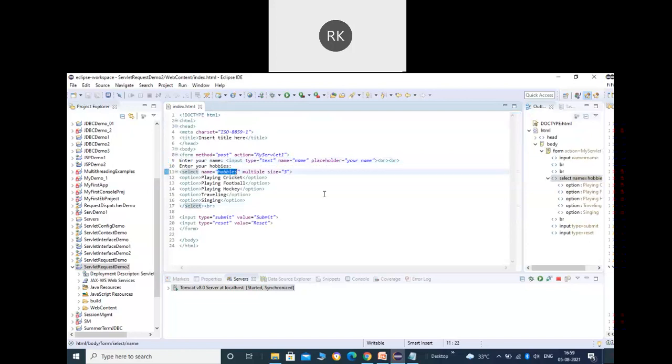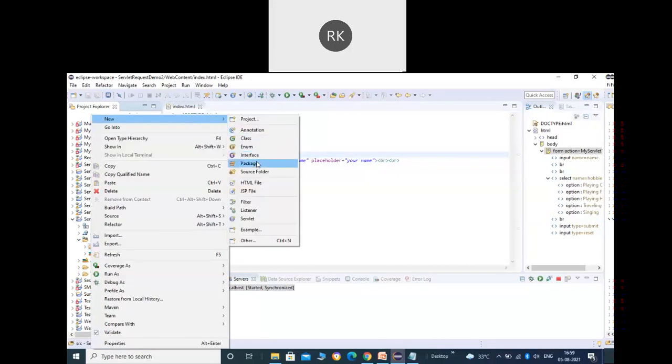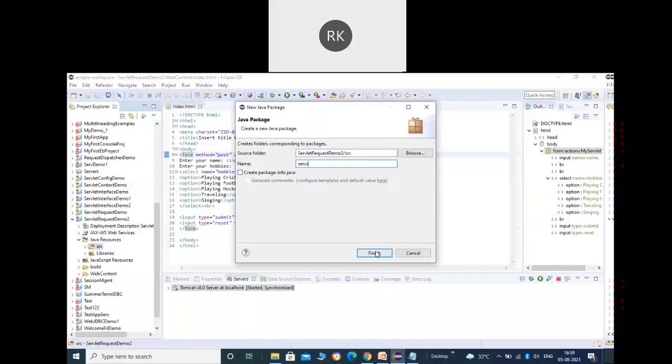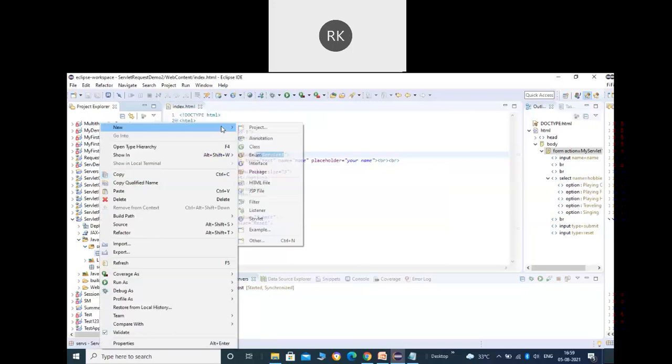And that we can do using the servlet request methods that we have here. One more thing that you should note here is the names of the fields. You can see you have an input text field, and what is the name of the text field? You can see the name. This is important to note. And for the drop down list, what is the name? Hobbies. Because we can get the values that the user enters here by using the parameter names. So for the text field we have the name, and for the drop down list we have hobbies. The next step is that I have to create the servlet. The servlet name will be my servlet.